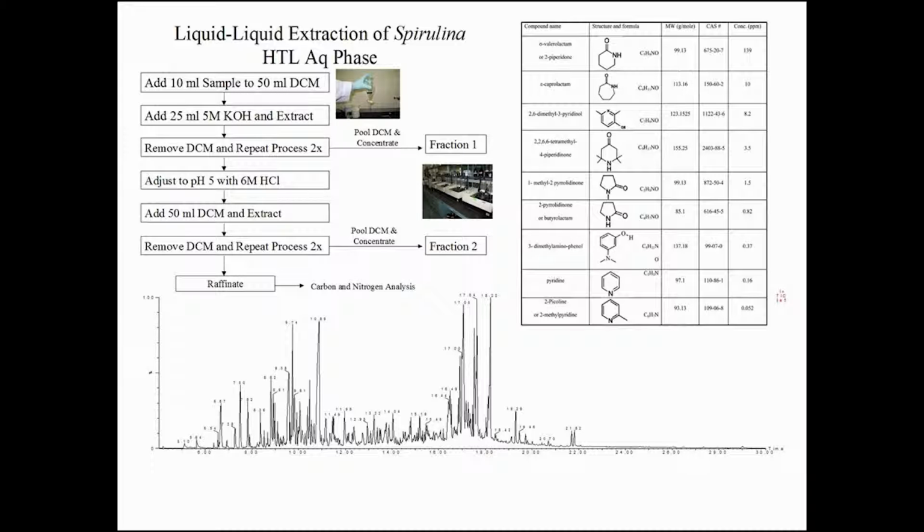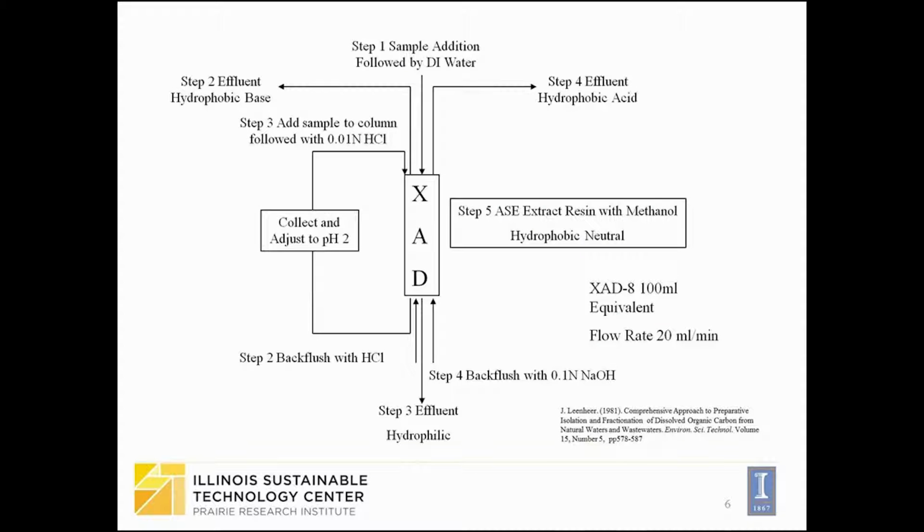So in our first attempt to characterize this material, we performed a two-stage liquid-liquid extraction. However, we found that our extraction efficiencies were very low, and the GCMS analysis of the extracts was hindered by the chemical complexity of the species present. So in order to increase our extraction efficiencies and to obtain cleaner GCMS data, we performed a sample fractionation method for dissolved organic matter. This method separates a sample into 4 fractions based on the polarity of the chemical forms